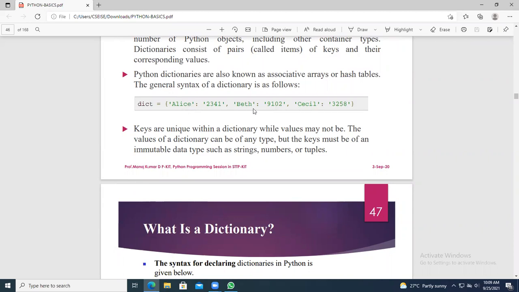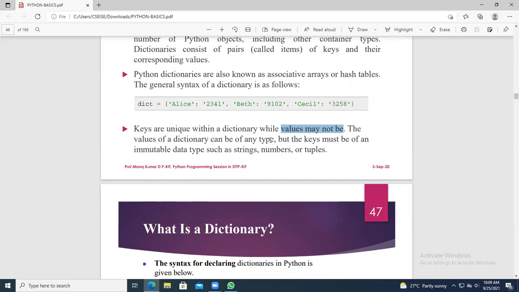If you have given Alice here, don't repeat the key Alice again. That's why we say keys are unique within the dictionary, while the values may not be. Values may be duplicate, but keys should be unique.